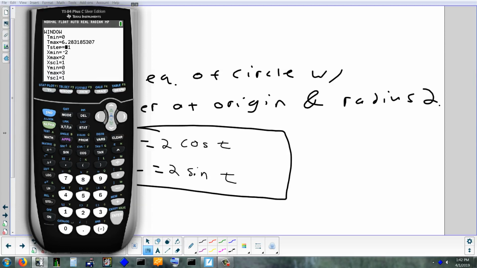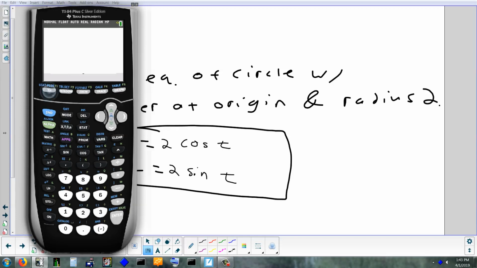So I would set your window like -3 to 3. That's probably pretty good. Now, keep in mind, the shape of my calculator screen is what? Rectangular. So if you cram the same amount of units in horizontally and vertically, but you're doing it on a rectangular screen, that's going to distort your image. That's fine, but just keep in mind what we're about to see is really circular. So if I hit graph,